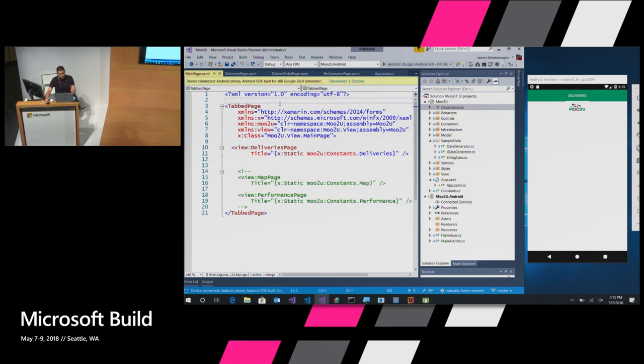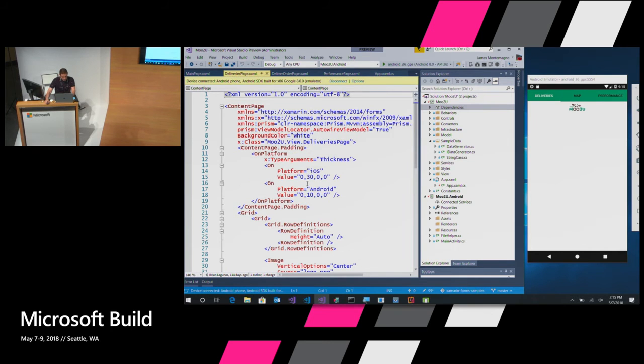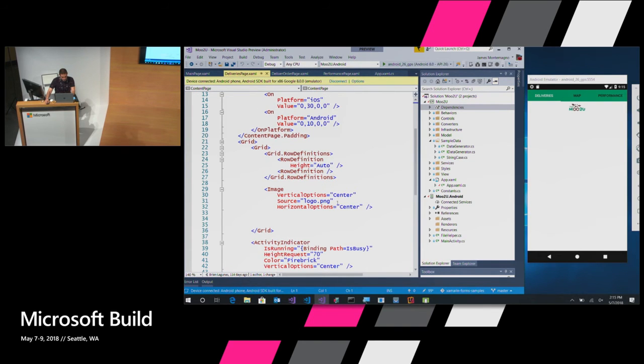And it's ready to go. So we can put in some additional pages that I commented out for demo purposes. And when I hit save, it takes that XAML and redeploys it over to the device. That's pretty cool. But I'm on the deliveries page, and we can scroll down inside of here, and we have this